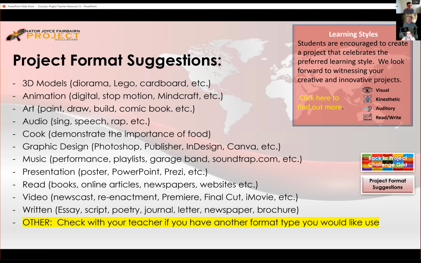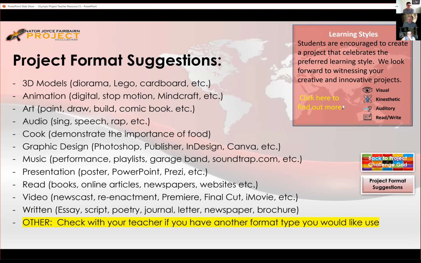Some of our best projects have come from kids that during the regular school year basically doodled or missed a lot of classes. You know, the fact that they could compose the opening ceremonies to the Olympic Games. One of the presentations, it sort of sounded like Star Wars, but at least it was done. So we did that to give them a lot of flexibility and a lot of ownership.